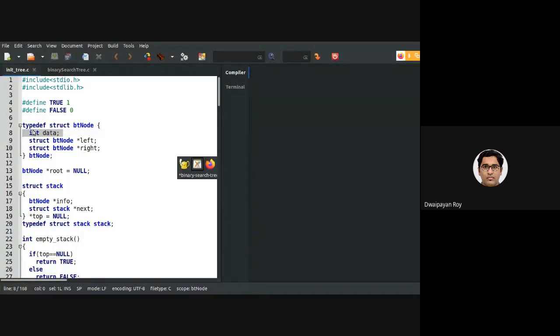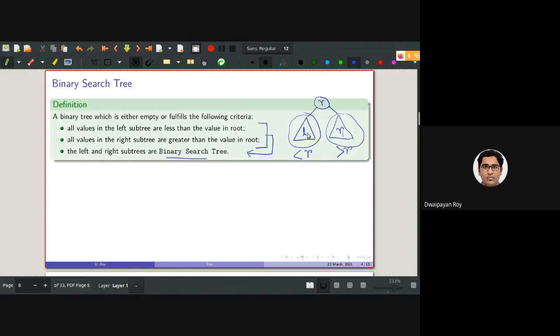Then only we'll be able to compare them. This is the basic criterion, because all the nodes should contain the same type of data. It is not possible that in the root I am storing one integer, and in some of the nodes in the right subtree I am storing some strings. It's not possible to compare an integer with a string.